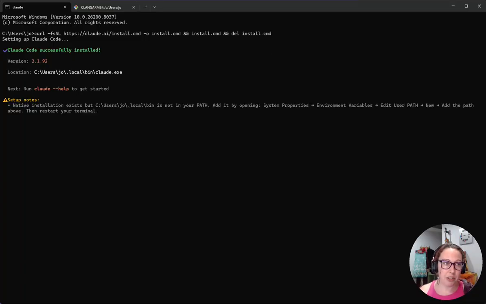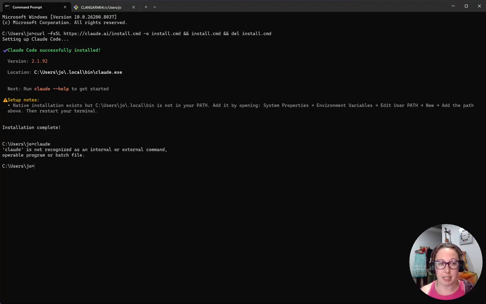And it will tell you that you need to add the path in. So if I try and type Claude in now and run this, it won't work. Let me show you. So even in the command prompt, it's still going to tell you that it's not recognized because it doesn't have the path in there. So rather than going through this process, which might not work depending on where you're using it, and always changes because Windows is kind of a nightmare like that,